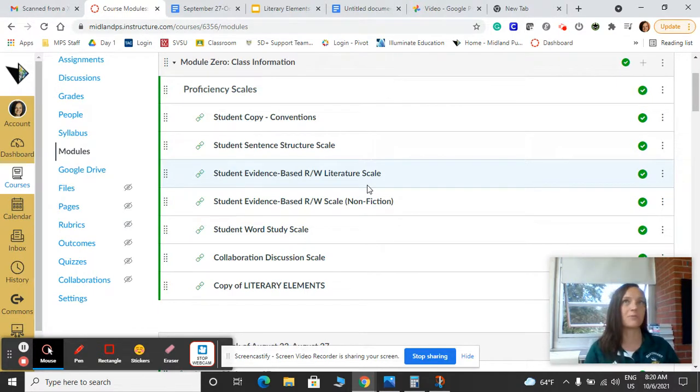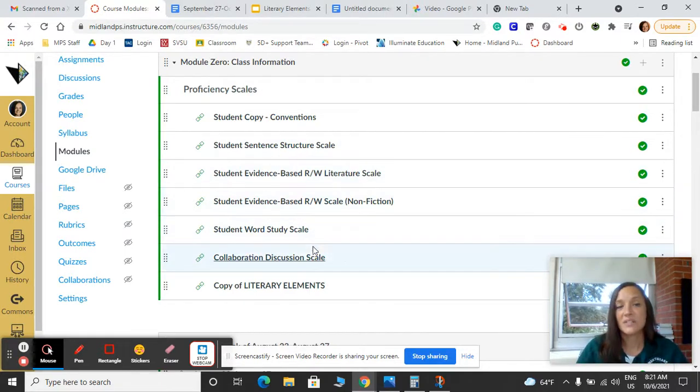And we always, the first marking period, focus on just conventions, which would be things like capitalization, punctuation, and spelling, and sentence structure, which is getting them to write in nice, complete, complex sentences, making sure our verb tenses match, making sure our subject-verb agreement matches, making sure we're not writing fragments, we're actually writing complete sentences. And that is the primary focus for almost the entire first marking period, because then it makes all the other scales easier because we're not focused so much on those nuts and bolts of what we're doing.